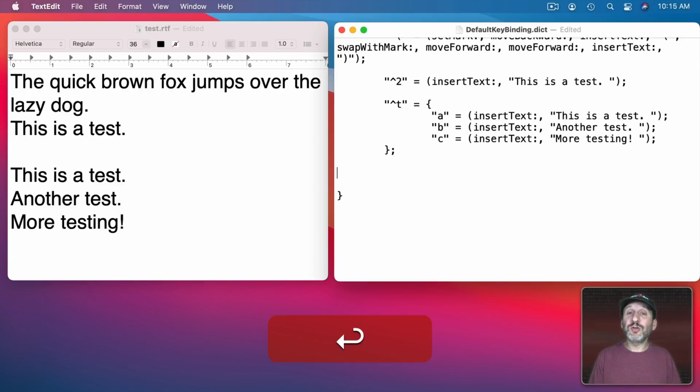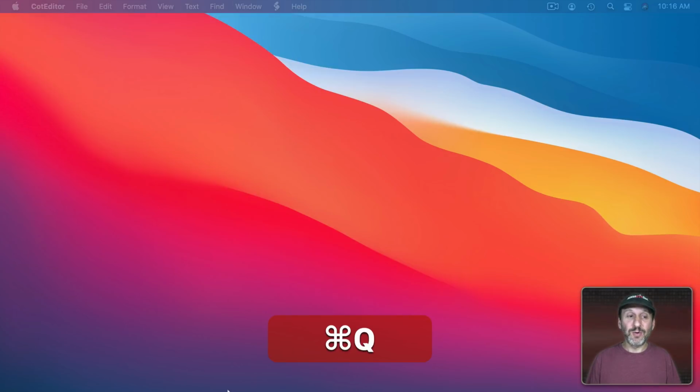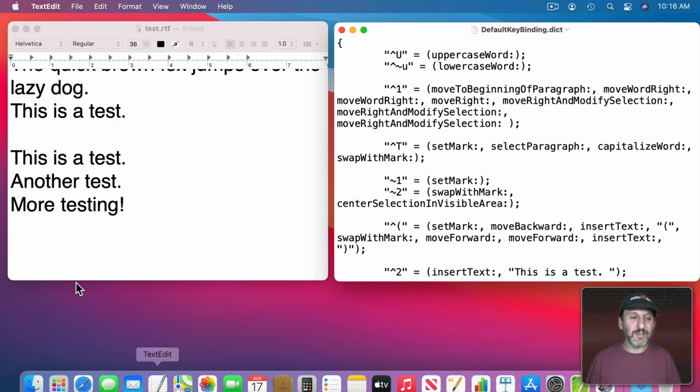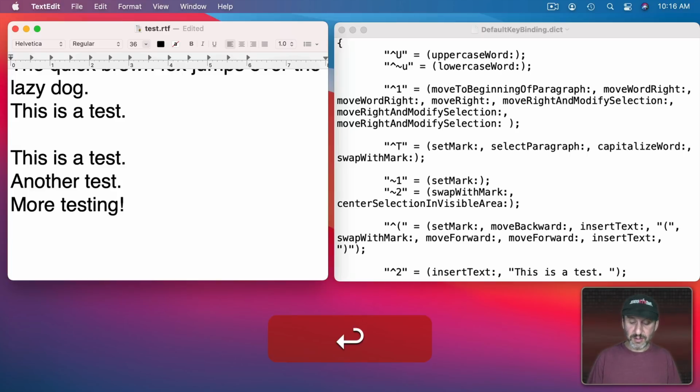In addition to all those modifier keys, you can use pound or the hash symbol, and that indicates the numeric keypad. If you have a numeric keypad on an extended keyboard like I do, you can actually use that and have a single key press do one of these. So for instance, I could have it do an insert text like that. All I'm going to do is hit the 1 on my numeric keypad. So let's try that one out. And just pressing 1 on the numeric keypad does what I need.